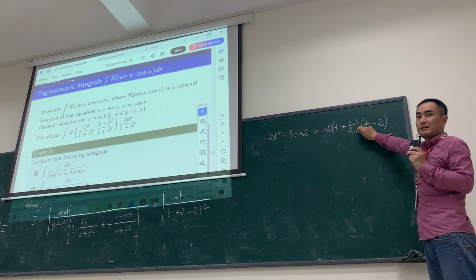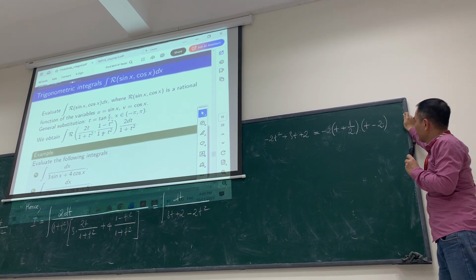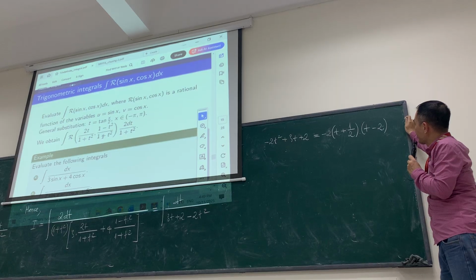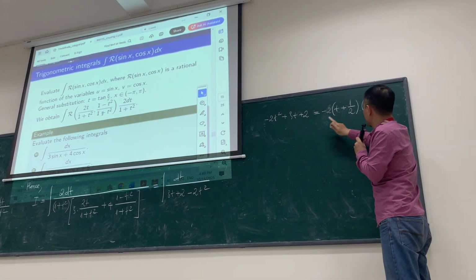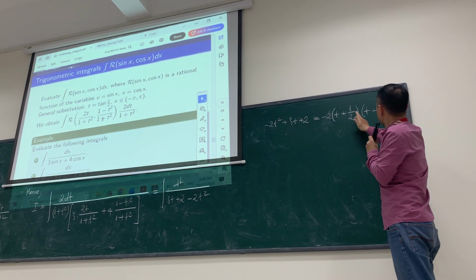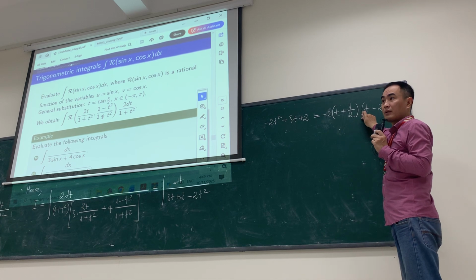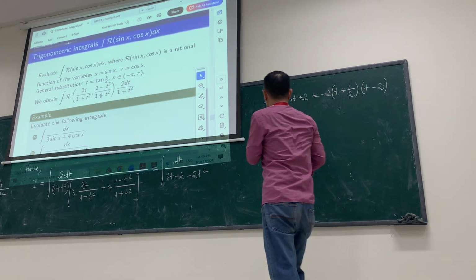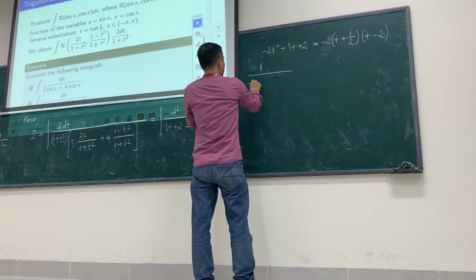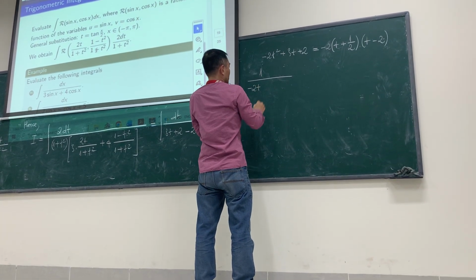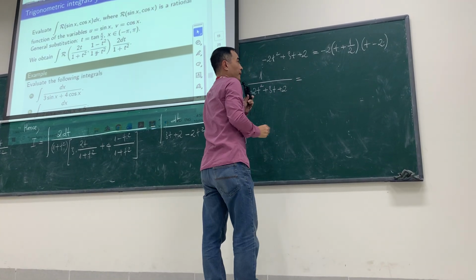Okay, from this, we can express 1 over minus 2t squared plus 3t plus 2